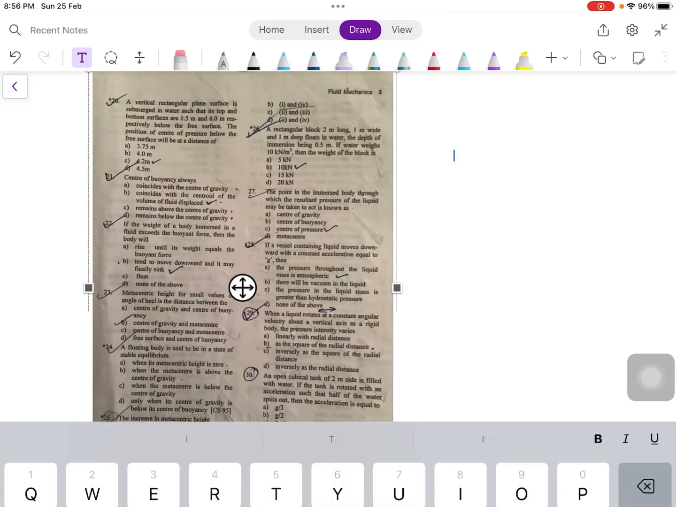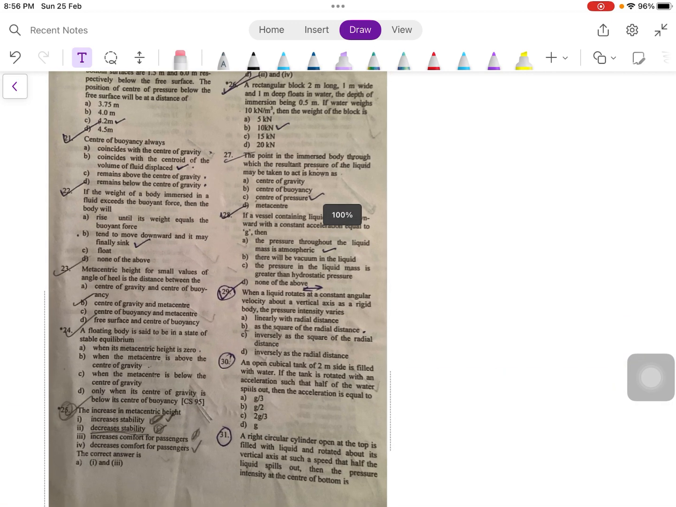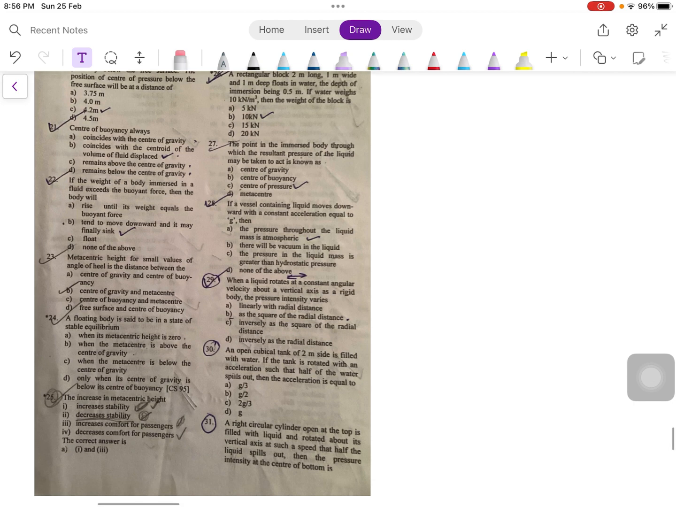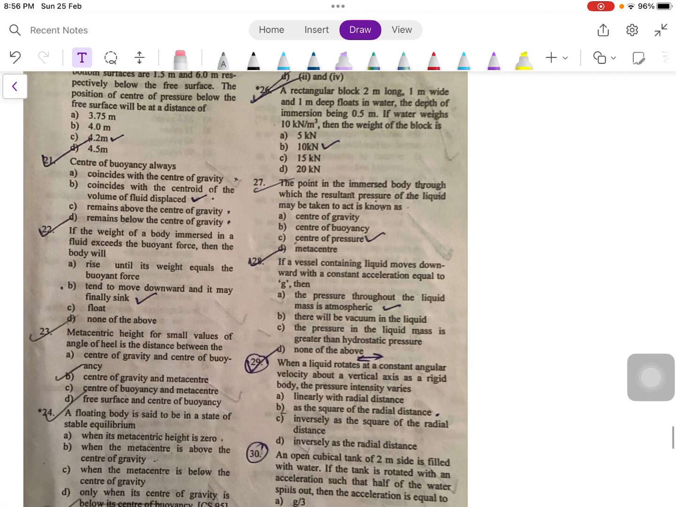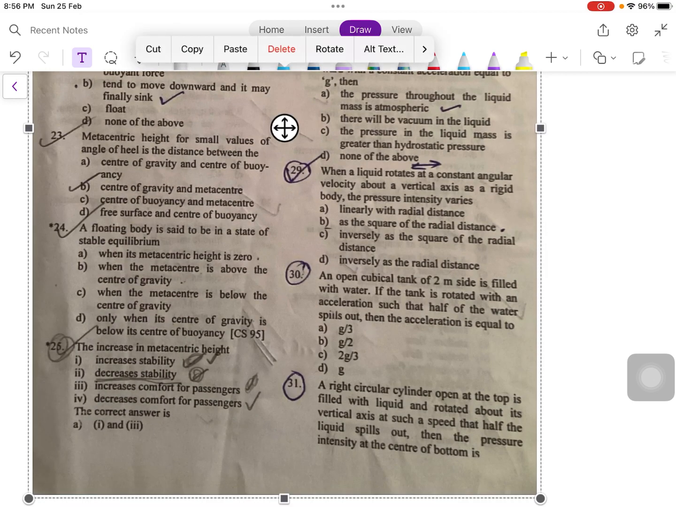Hello dear students. In this video, I'm going to discuss question number 21 to question number 25 of the chapter on fluid mechanics in our book Gupta and Gupta. Alright, so question number 21 says that the